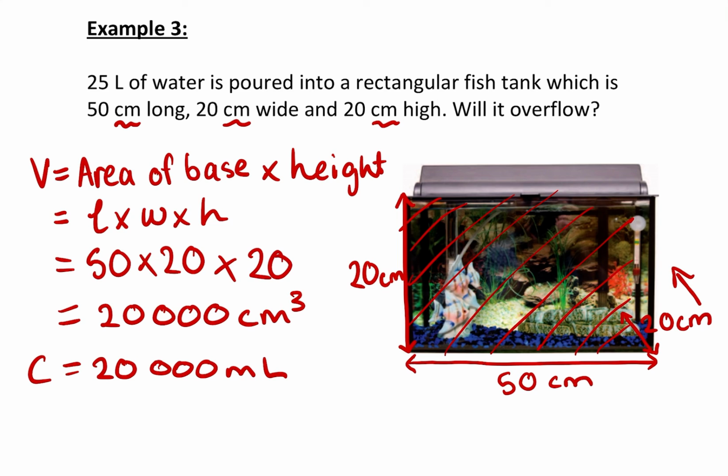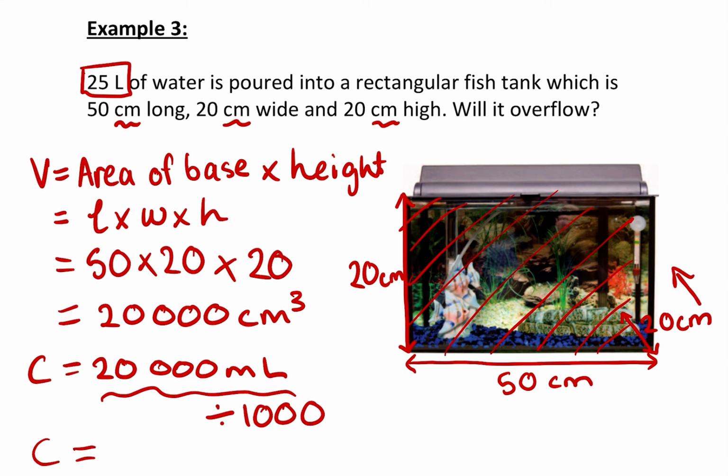But the question is talking about 25 litres, okay? So it's telling us 25 litres of water is poured in. So we need to work out whether 20,000 millilitres is greater than 25 litres or less than 25 litres. So let's convert these millilitres to litres and then we'll be able to see really clearly. So how many millilitres are there in a litre? There's 1,000, so we need to either multiply or divide by 1,000. And we're converting from millilitres to litres. So we're converting from a smaller unit to a larger unit, which means we're dividing. So we divide by 1,000, and